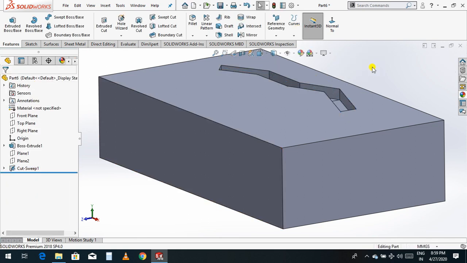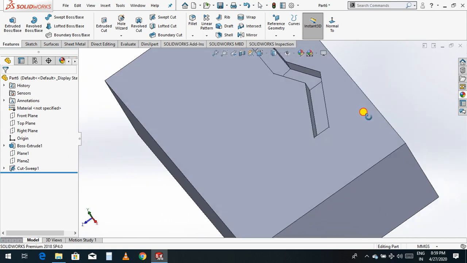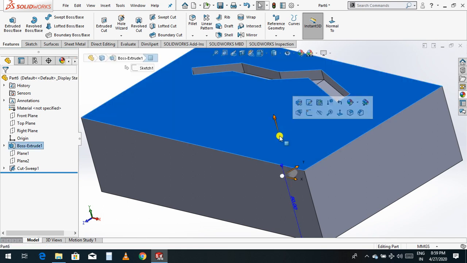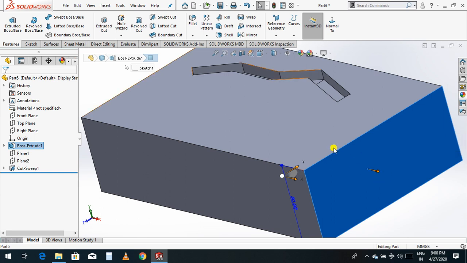Now see, there is a hole, there is a cut. So this is called swept cut. Again I will try another example. I will make one hole here, so select this plane. I want to make a hole, so I could extrude cut directly. No need to go through this. I want to make a hole here, circular or rectangle type. If you want, you can go directly to extrude cut and make a cut. But I want to make a cut in this path.